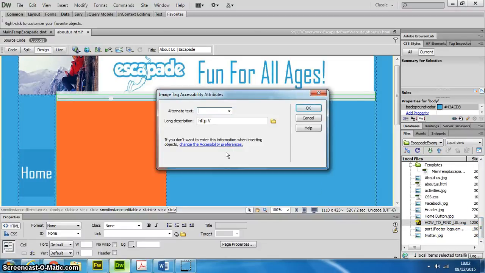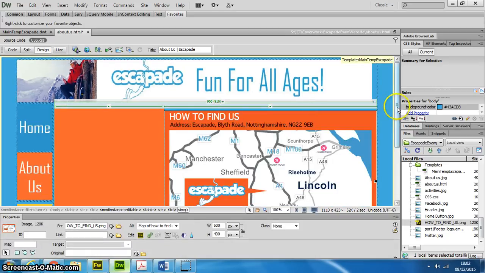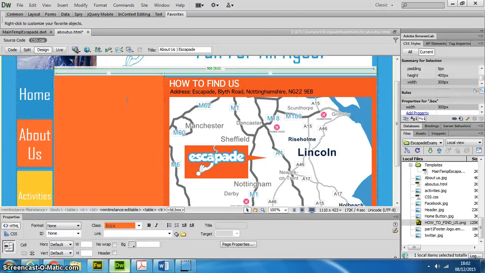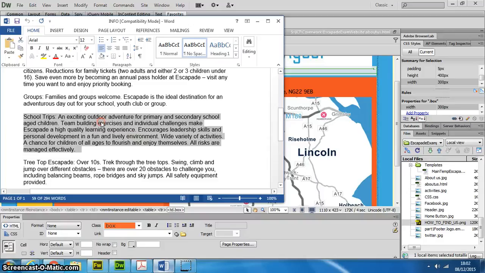I'll add some accessibility, so I'll type map of How to Find Us, and in comes our map. Notice that the colours are very similar. And then back onto this side now, I'm going to paste in some text from Word. So I'll copy some text,